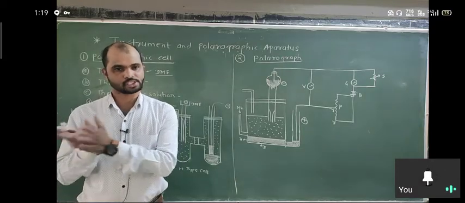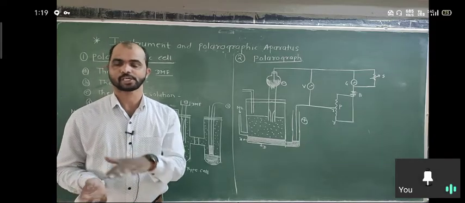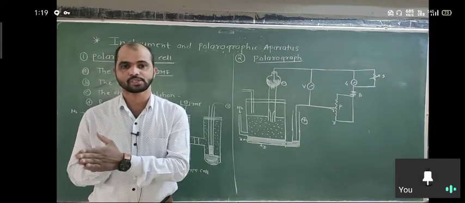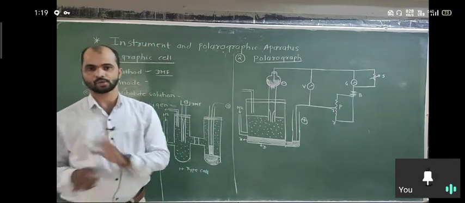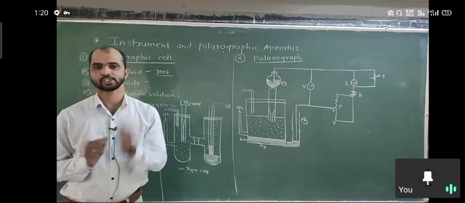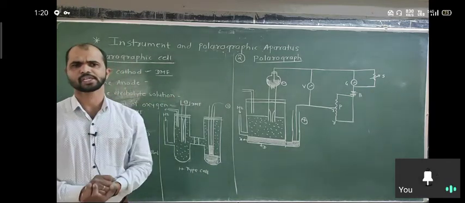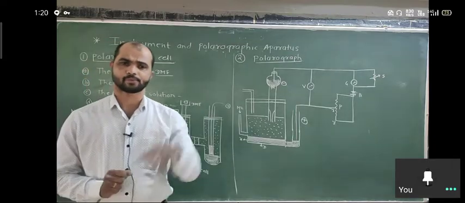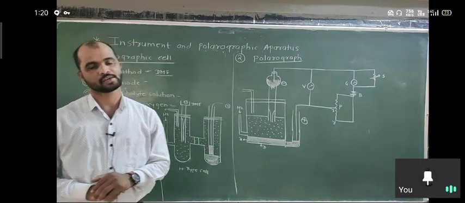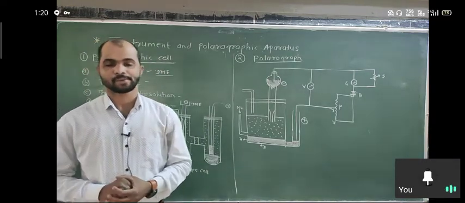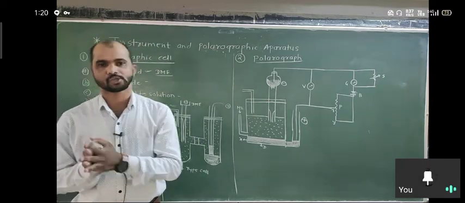The reference electrode is a different kind, it is non-polarizable, and its potential is constant. Where the potential is changed, we change the potential on the indicator electrode. Upon the indicator electrode the potential is changed, and then we measure the current passing through the cell, how much current is passing when a particular potential is applied. We measure that current and then we calculate the parameters of the component of the sample solution which is taken to be analyzed.